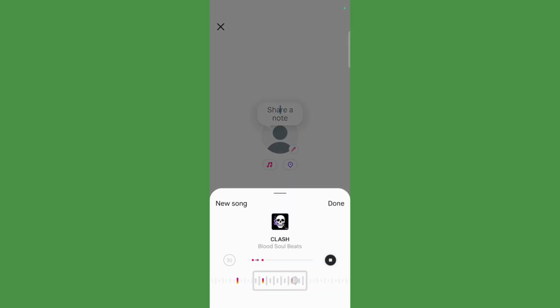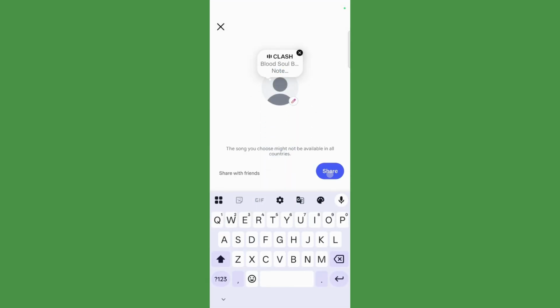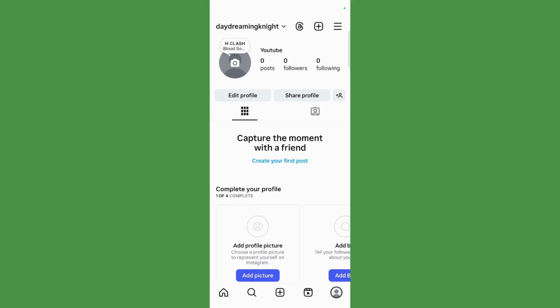Now from here you will need to specify the particular duration of the song that you want to add. Once you are done with this, you can also choose to define the duration of the song as well, but it is not changing. So after specifying the timestamps of this song, you can click onto this done option and then click onto this share button, and now you can see that the music has been successfully added to your